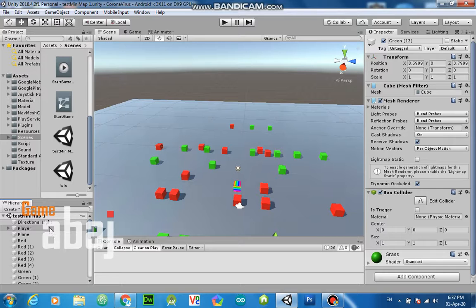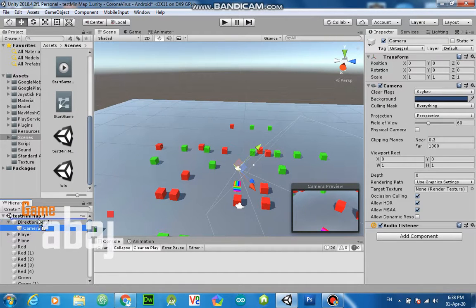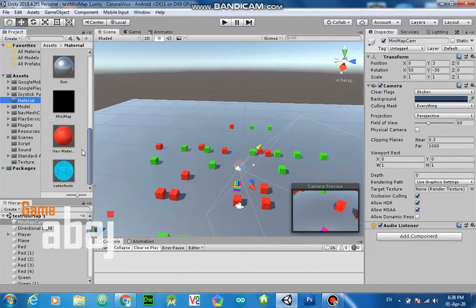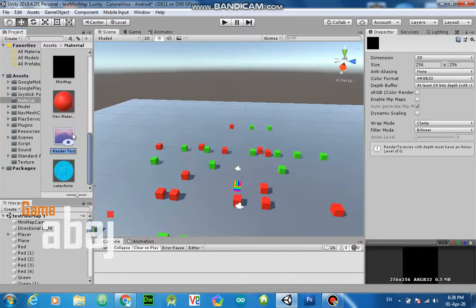So the first thing we do is add a second camera for the minimap. This camera will see everything for our minimap. So let's rename it minimap cam. Okay, and for this camera, first we create a render texture, minimap.